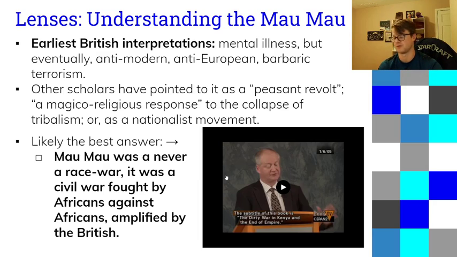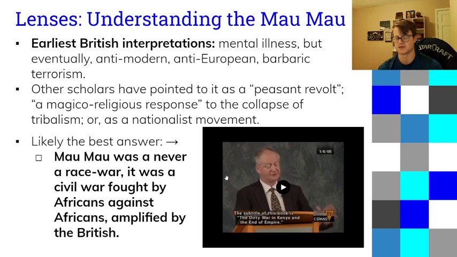Other scholars, more recently in the past 50 or so years, have said no. The Mau Mau was a peasant revolt. It was a fight over land. Some people, kind of referring back to the old British thing of mental illness, have said the Mau Mau and the oathing was this, the literal quote is a magico-religious response, or it was this response to what they thought was the collapse of their tribal systems. I think really, and this video gives you good evidence for this,